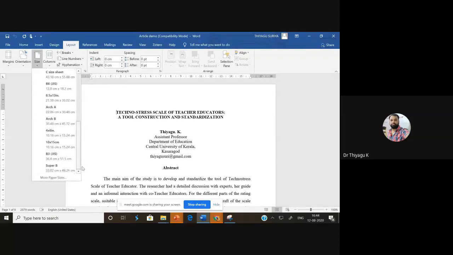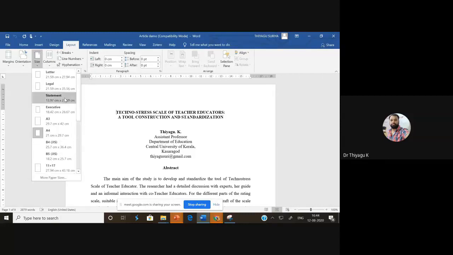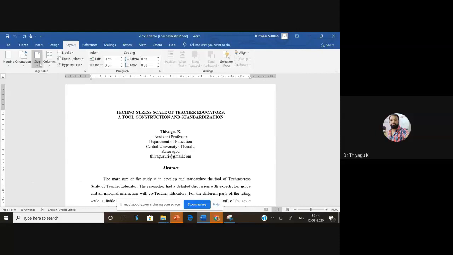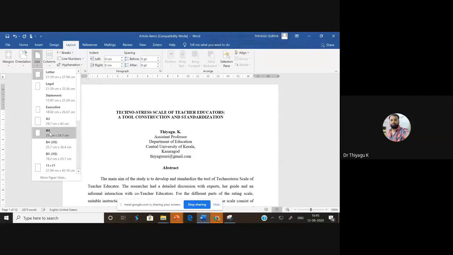Whenever you are typing anything, kindly look at which format you need. Even some of the research articles and research journals may emphasize which page setup they need, so then you have to fix that. For example, some journals may ask for letter, then you can select letter. Once you select letter, it customizes the letter format. Suppose I want to change to A4, what do you have to do? Once you go to the layout, go with size and select A4.